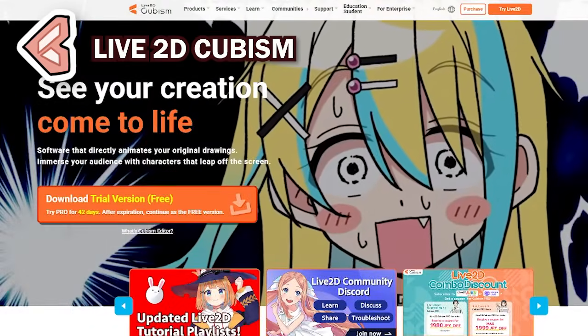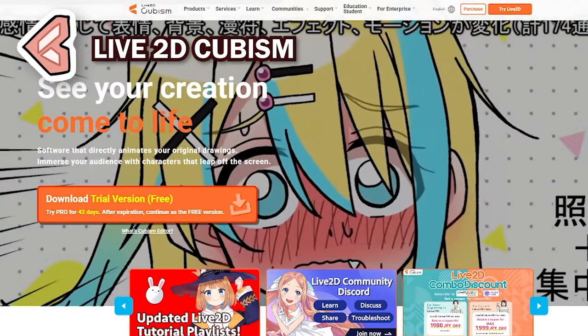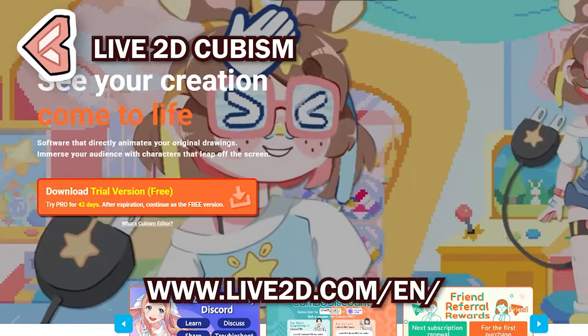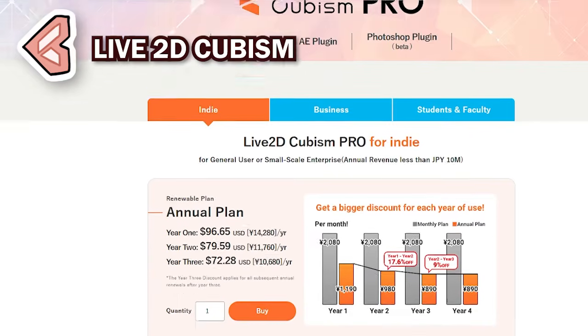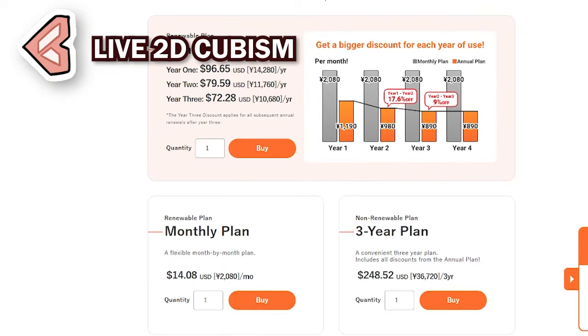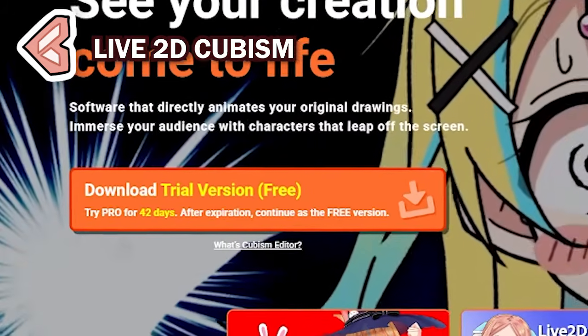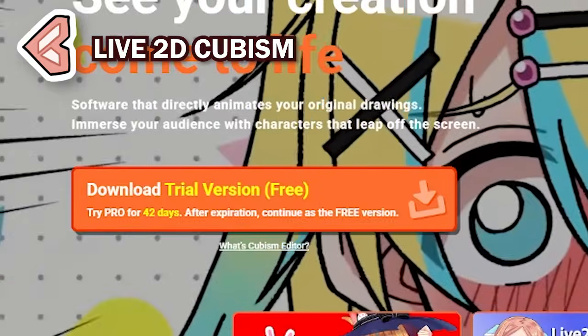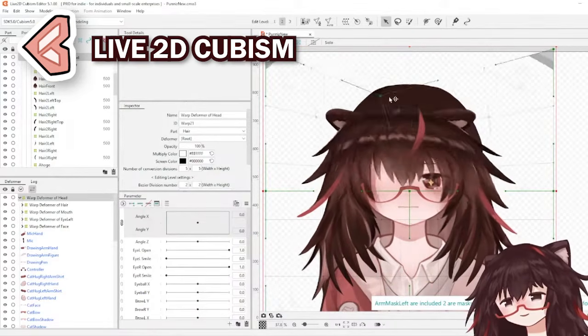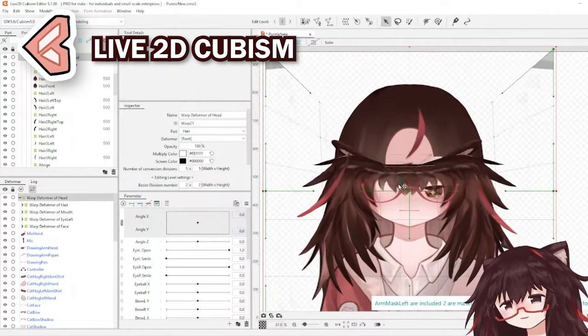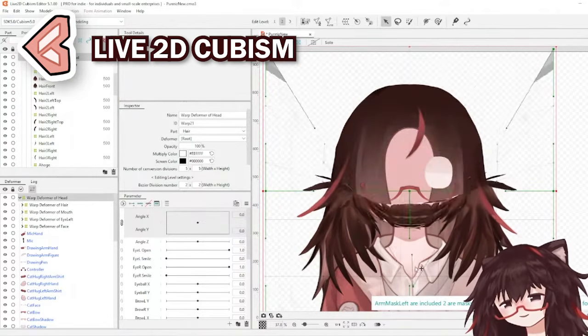Second, Live 2D Cubism to rig the model for the art program. You can download the software at www.live2d.com English. It costs around 14,000 yen or 96 USD per year, or 2,000 yen or 14 USD per month by the time of recording. I downloaded the 42-day free trial version and managed to finish rigging my model before the trial ends. So unless you're gonna be using this application for a long time, I suggest you try out the 42-day trial